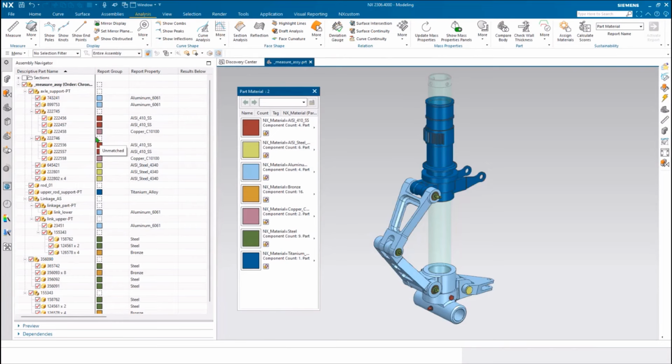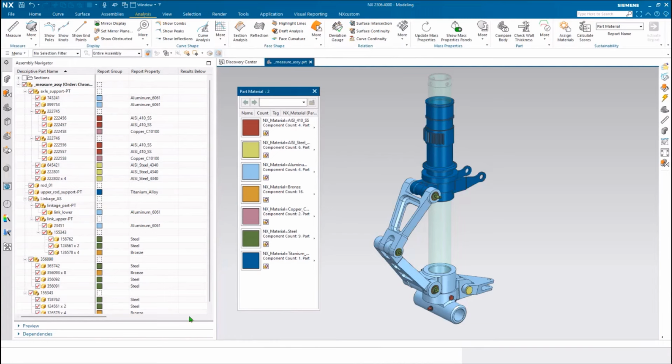So at the assembly or subassembly level, you wouldn't expect any assemblies to have a material, but there should be some parts that may have a value missing there. So once again, you can skim through and visually inspect that report column there,